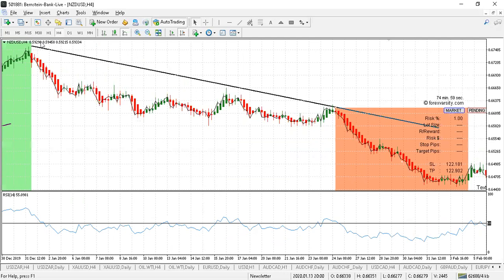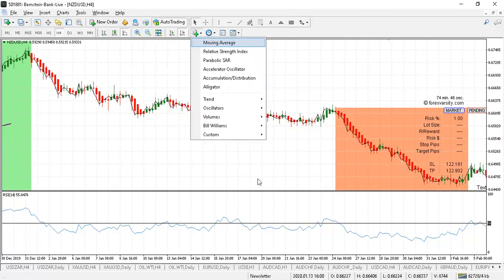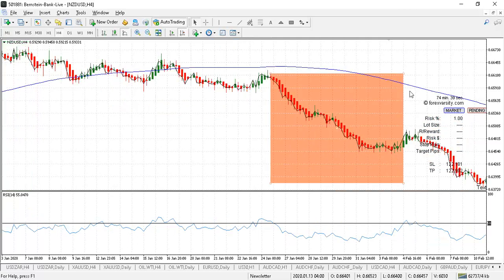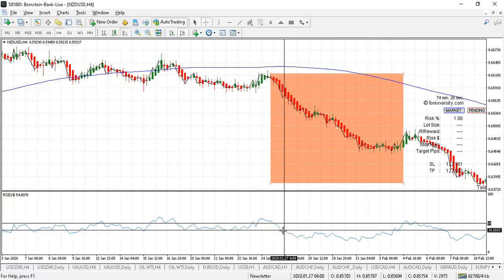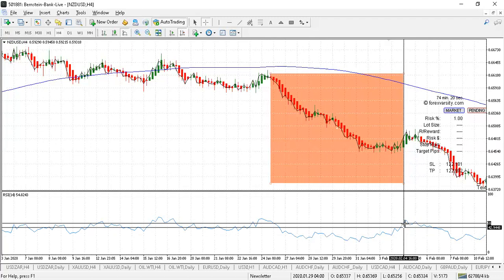So number one, you want to have the trend of the market with a trend line sloping down, or you could perhaps even use some kind of moving average, maybe a 150 moving average, just to determine the trend. Just out of interest, we can put one on, 155. Okay, so here we can see that the price has now gone below that 155 simple moving average that I put on. So it's showing number one, the trend is down from the moving average, with the candlesticks below. Number 2, you've got bearish Heiken Ashi candlesticks. Number 3, you've got the relative strength indicator below the 50 line, right up until this point,